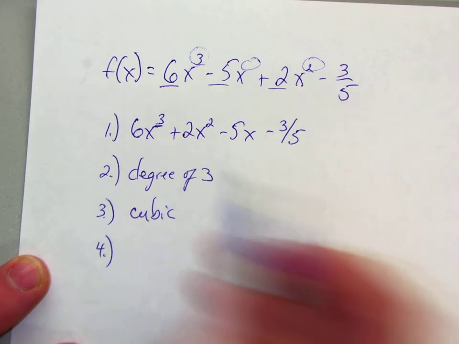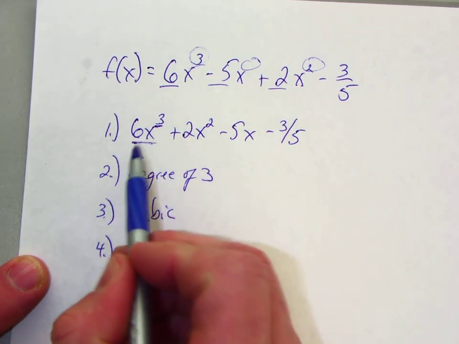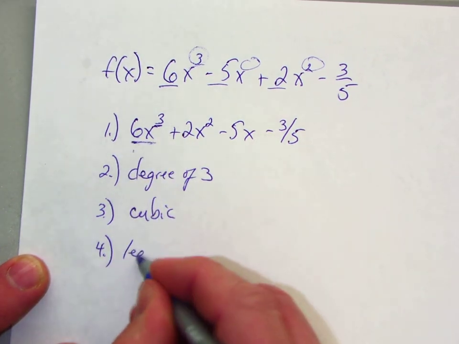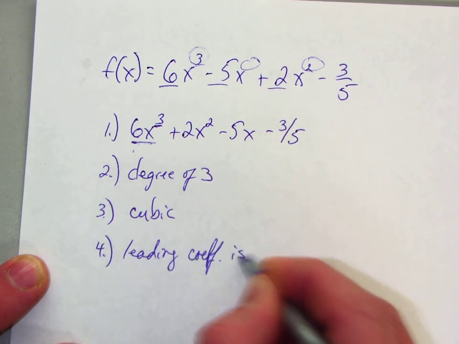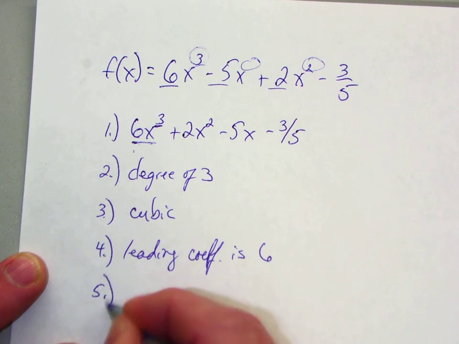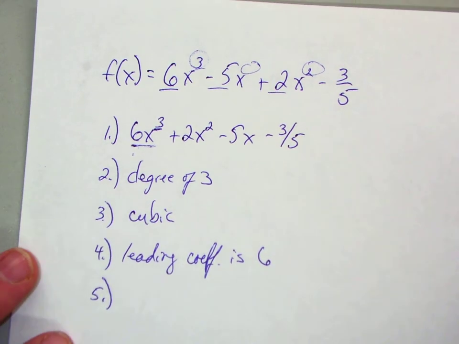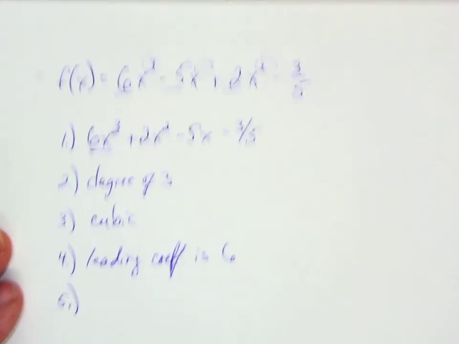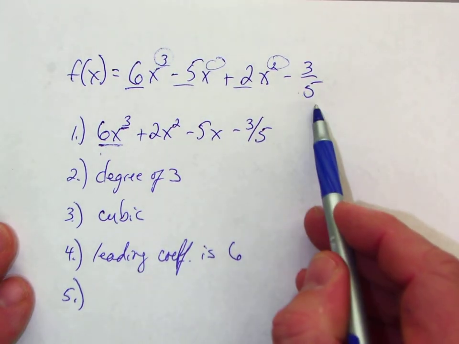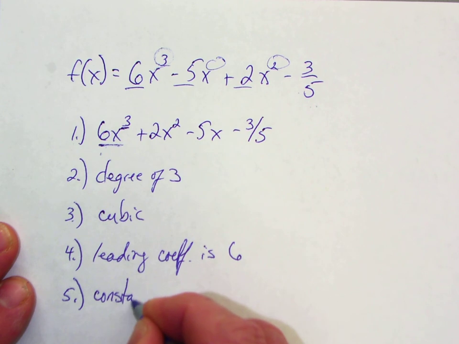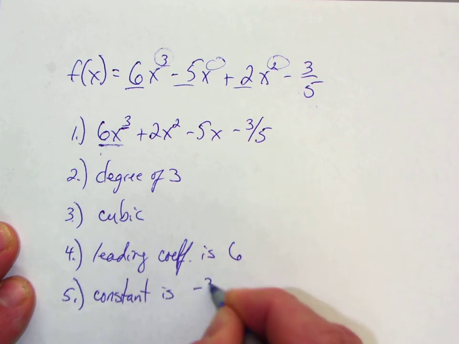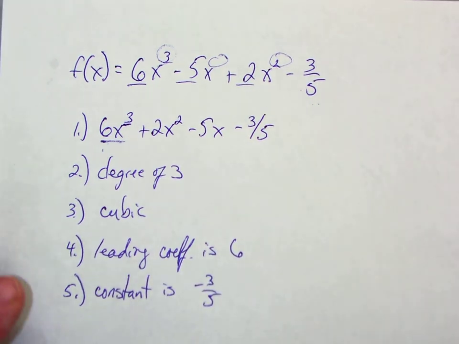For the leading coefficient, look at the first term. What is the coefficient? 6. So the leading coefficient is a 6. And then the term that does not have a variable, in this case negative 3/5, is my constant. Now if I have a problem that does not have a constant, and that means the constant